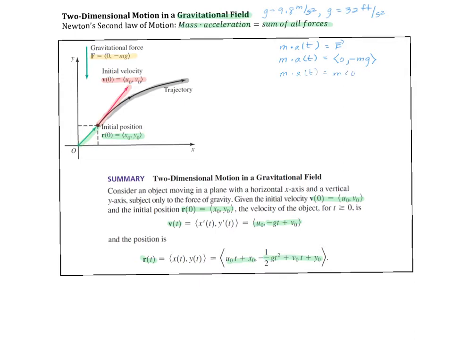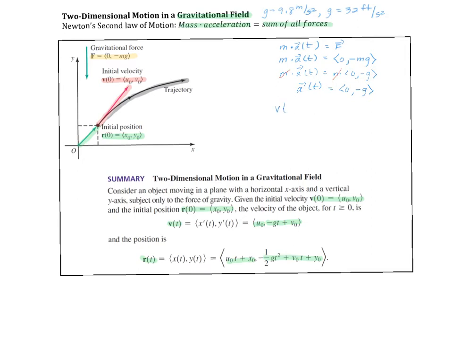So this is nothing that you have to replicate. It's just nice to be able to verify things. Notice in this equation I have mass on both sides, and it's the same mass, so I could just cancel that off of both sides. I end up with acceleration, and here I keep forgetting to put my arrows on my vectors. So the acceleration vector is equal to 0, negative force of gravity,